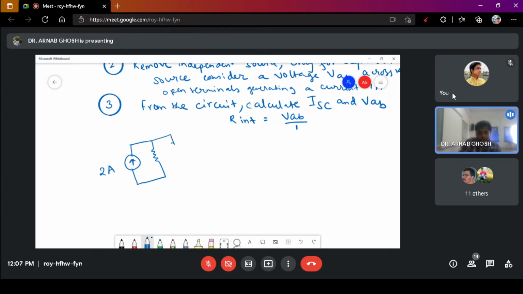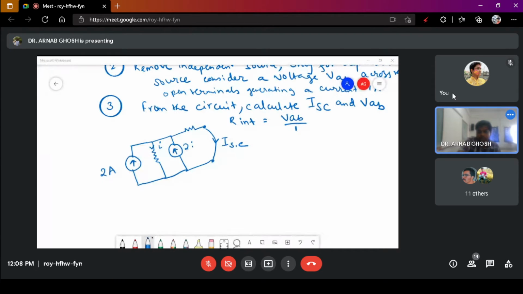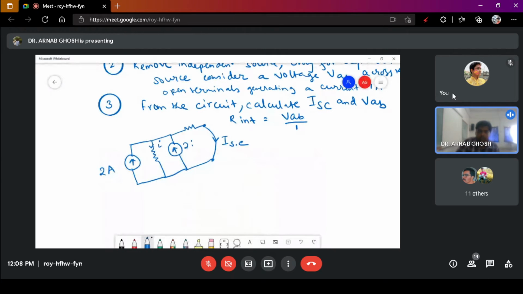Please focus on this problem. These are one of the important problems. This is the resistance. We are considering the Norton circuit, so we will short circuit this and calculate this as the ISC. We are taking this as the ISC, which is I. So the current through this is I. Correct? Okay. So first, let's consider what we have to do.